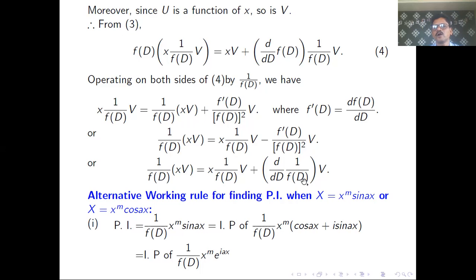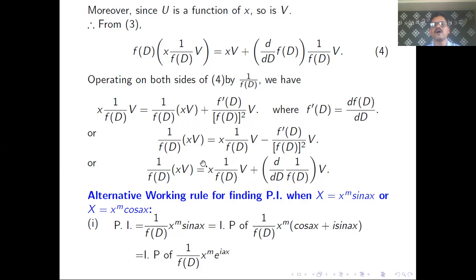The derivative of 1 upon f of D with respect to capital D. So if we have taken the derivative of 1 upon f of D with respect to capital D, there you will get denominator into derivative of numerator, 0, minus numerator into derivative of the denominator, f dash D, divided by the square of this. Use the u by v rule for getting d by dD of this function. So easily you will get the proof of this result,